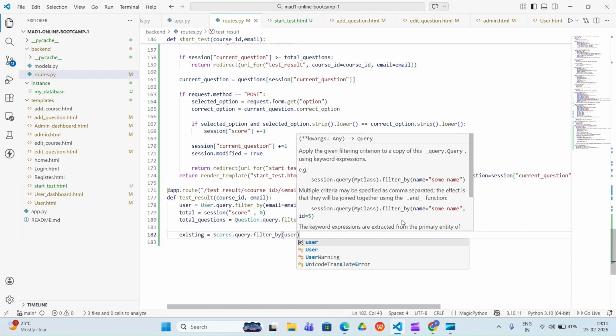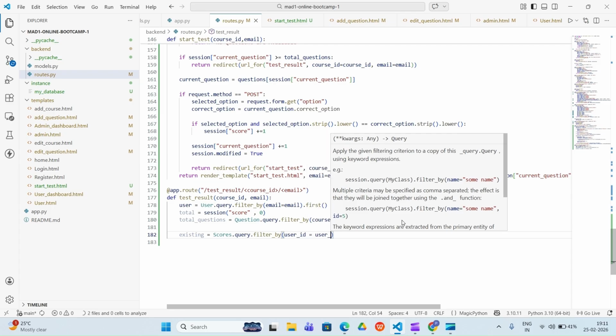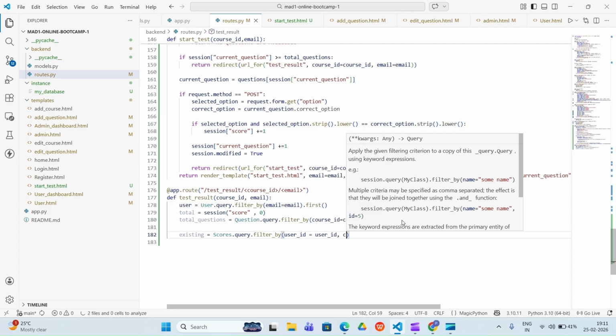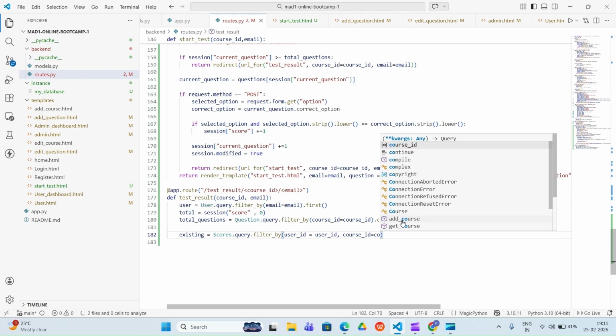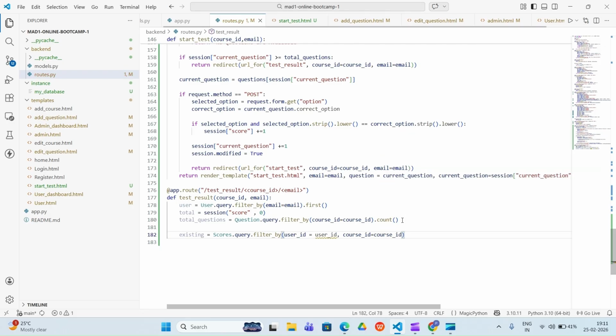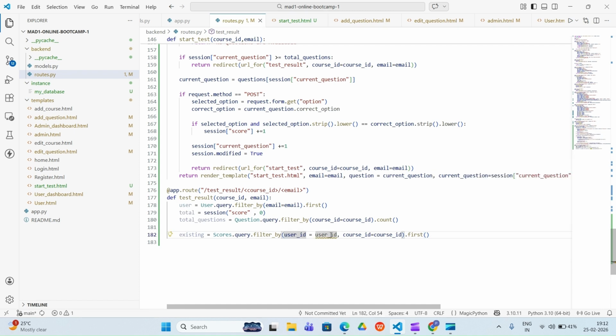We'll write user id equal to the user id only, and similarly for the course id, we'll write course id equal to the course id only. And for the first match, I just want to get that, so we'll write first. Actually here, the course ID, that is user.ID.